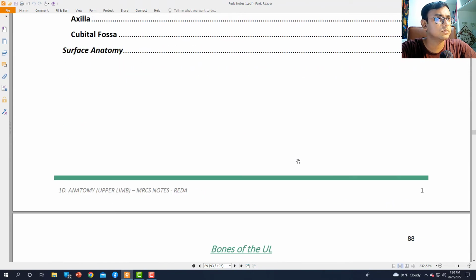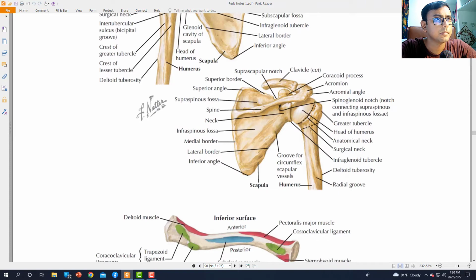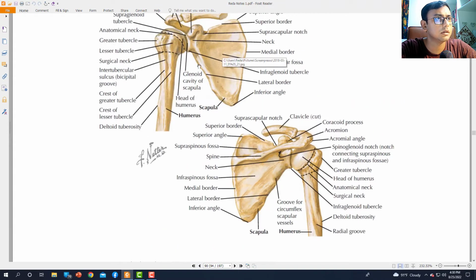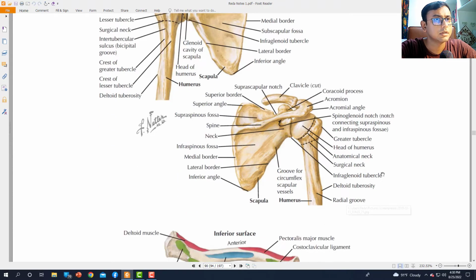Okay, so let's go through first the bones. This is the clavicle, acromion, scapula, and the humerus. This is the posterior surface. This is the ventral surface. This is the dorsal surface. So you all know that is the deltoid neck, anatomical neck, and the spinous acromial angle, and the scapula, supraspinous